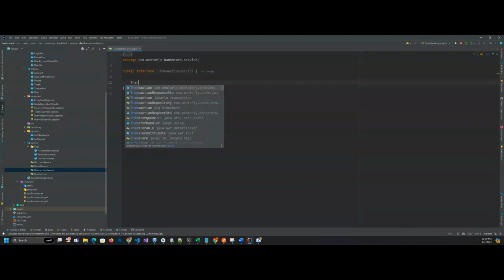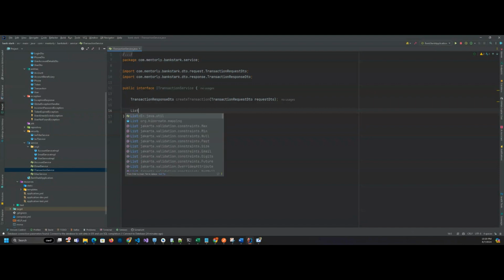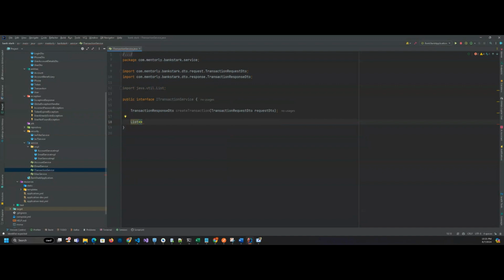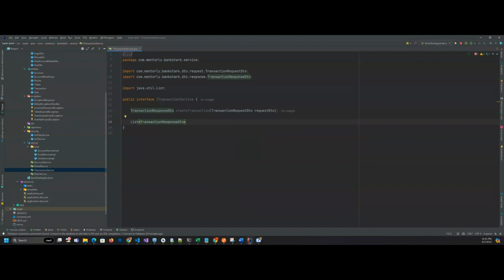The first returns a TransactionResponseDTO and is called createTransaction, taking a TransactionRequestDTO. We need to import this DTO. Okay, perfect. And of course, we need to create another method here to get the transactions by account ID. So this is a list, and we pass here TransactionResponseDTO, and we call it getTransactionByAccountId, and it takes a string with